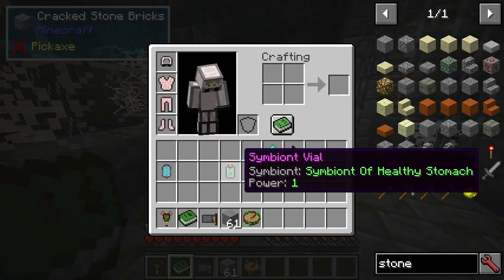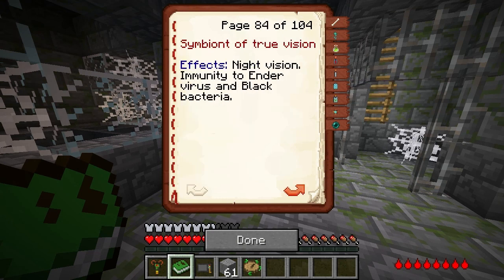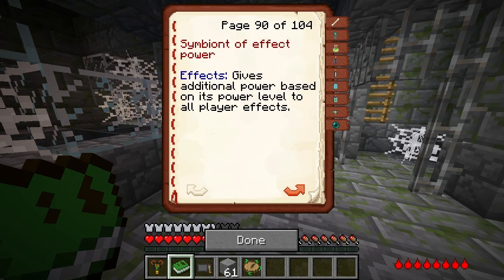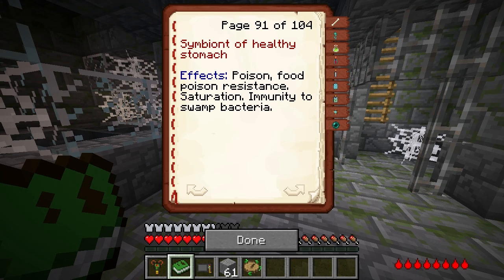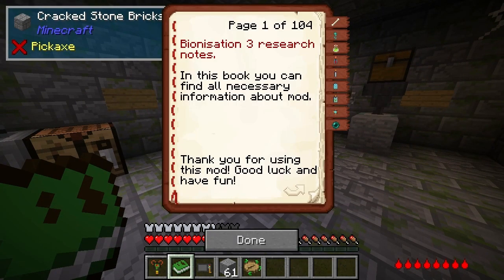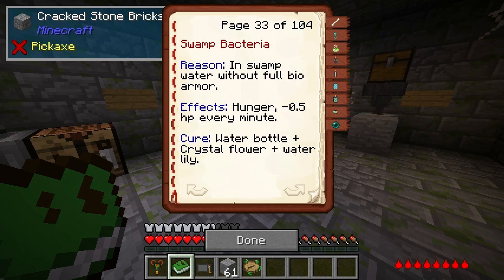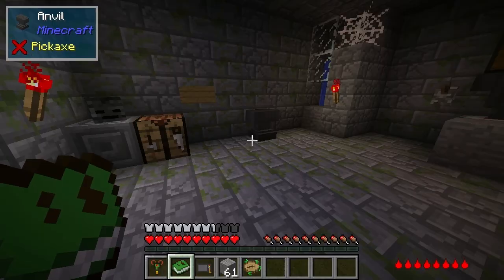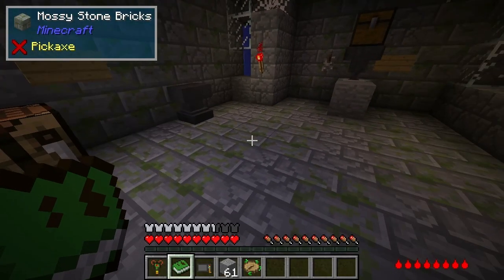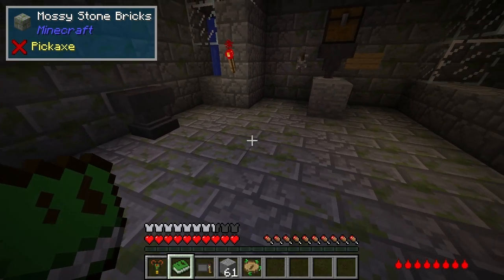So the health gives me healthy stomach. Poison food, poison immunity to swamp bacteria. Okay, so let's see how that might work then. In swamp water without full bio armor. Okay, so I believe it must be referring to, it may be referring just to a normal